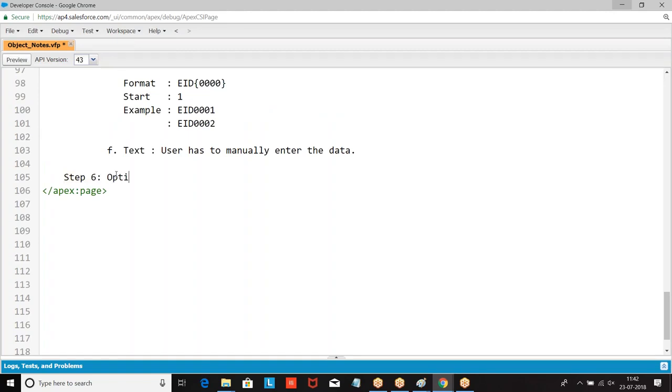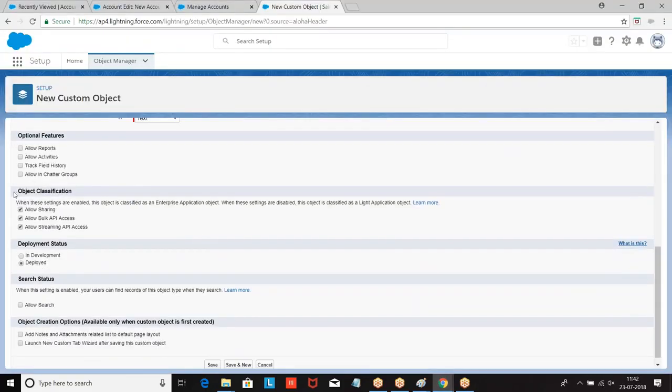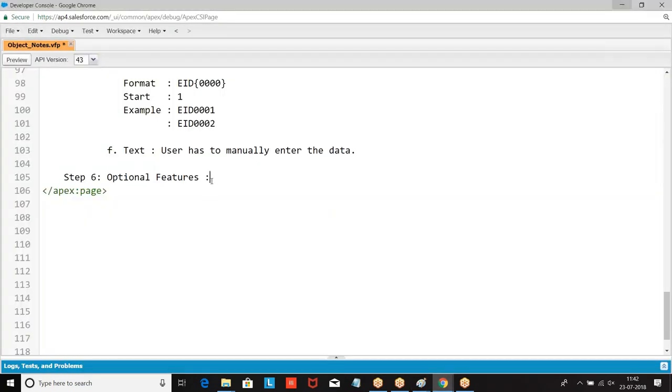Optional features. What are these optional features? Now there are 4 types of optional features.